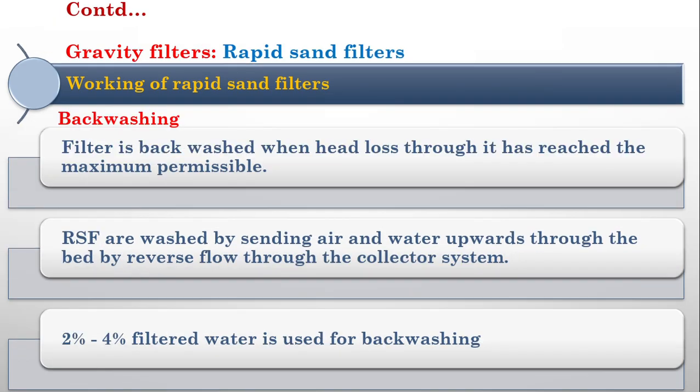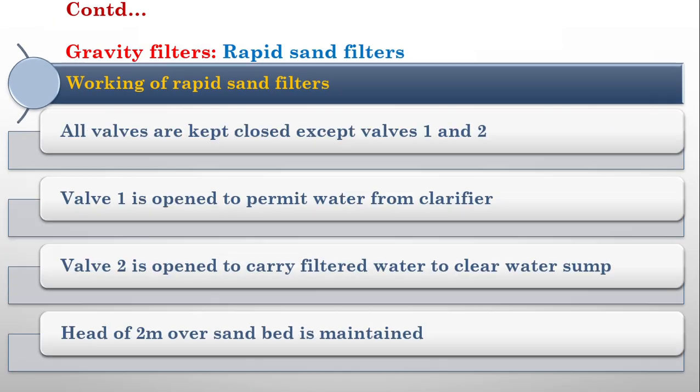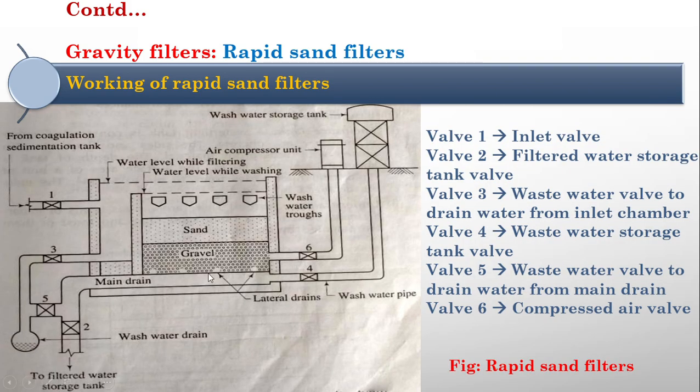We will see each of them using this figure. While cleaning, we will close this valve and this valve. First we will open this valve. Here there is compressed air, so compressed air will come here and be forced into this gravel and sand filter. At that time, the materials or particles deposited here will be jerked and loosened.